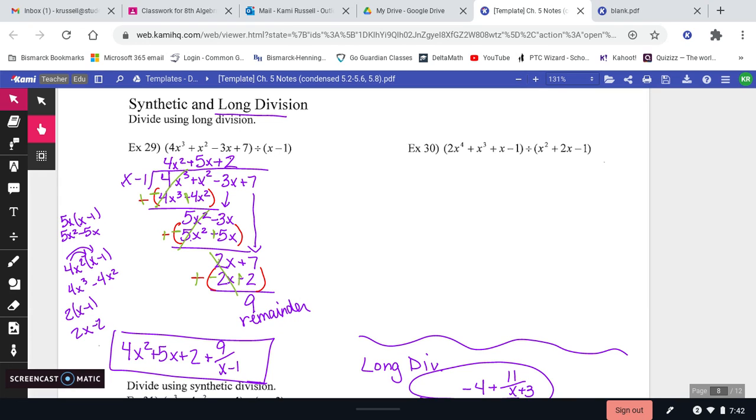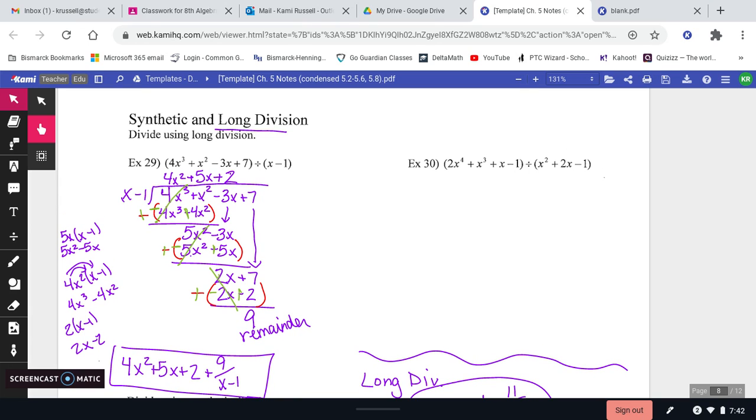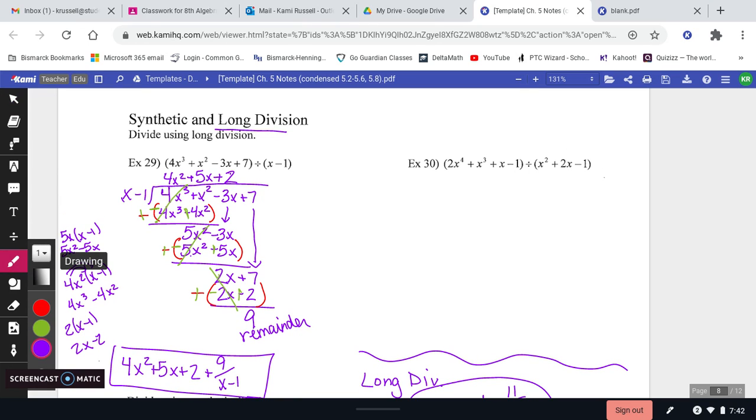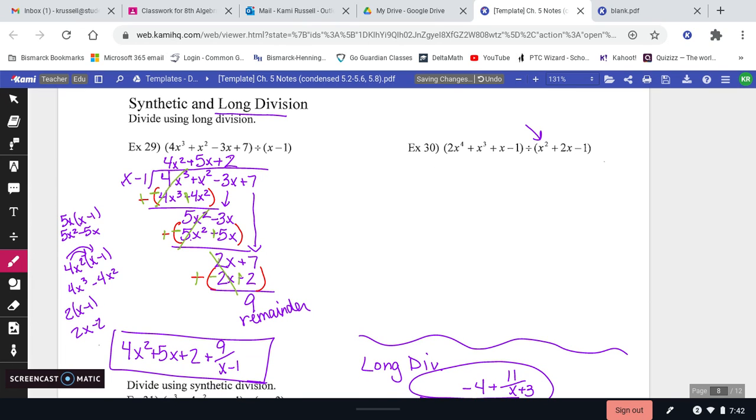Okay, so number 30, I skipped this one yesterday, and the reason I did is if you look at what you're dividing by, you are dividing by a quadratic on this one. In the three examples we've done so far, you have just been dividing by a linear term, not a quadratic. But it works exactly the same way. Nothing is going to change. So I've got x squared plus 2x minus 1, and that divides into